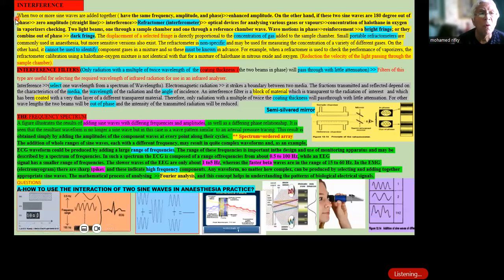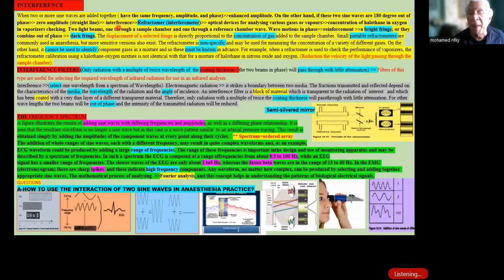Now we come to what we call interference. And this is the most important point in this subject, the refractometer or the interferometer. Of course, it's based on the refractive index. Whenever light is subjected to a combination of, suppose, oxygen and halothane, this refraction of light through this concentration can be noticed and compared to a similar reference to identify the concentration of the halothane